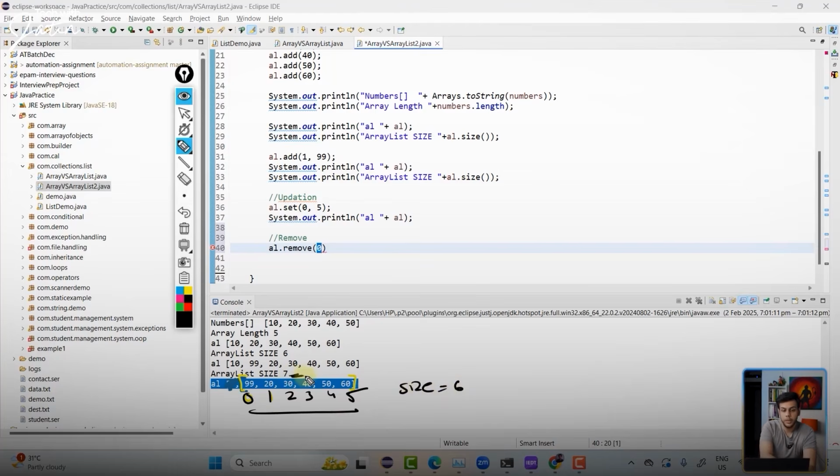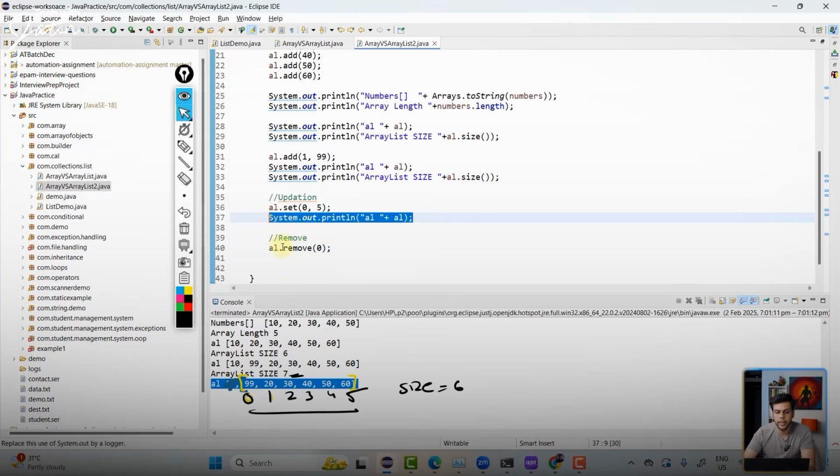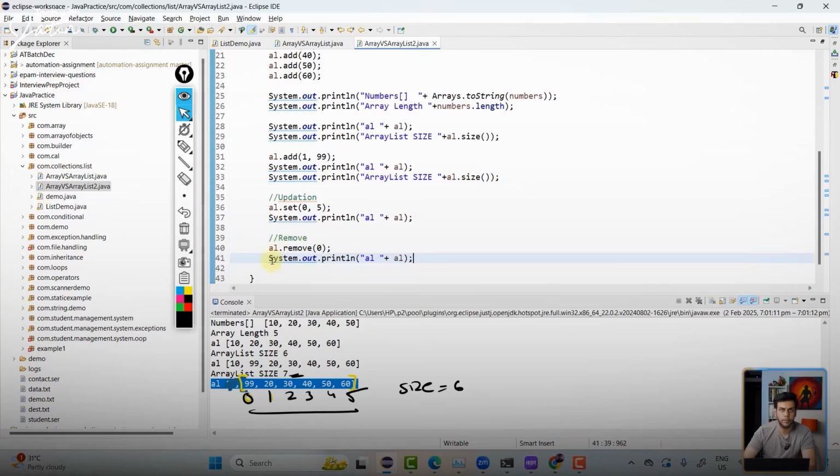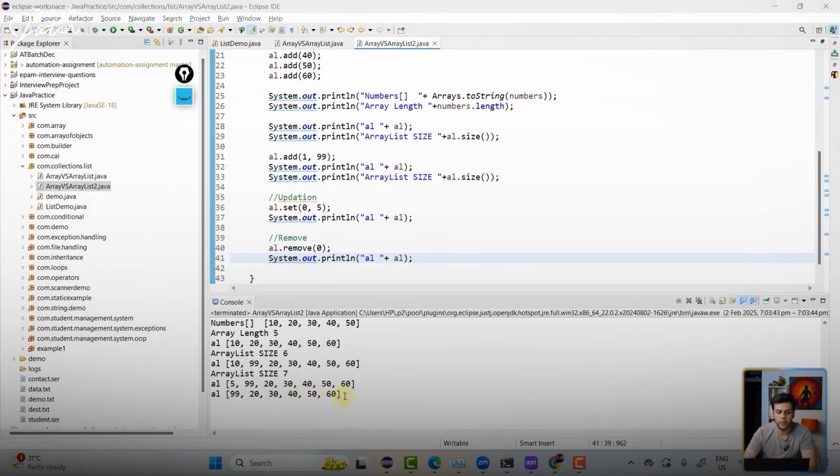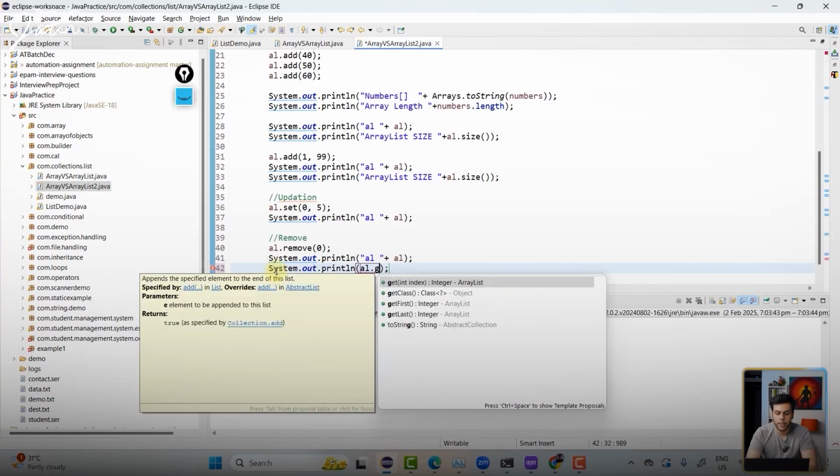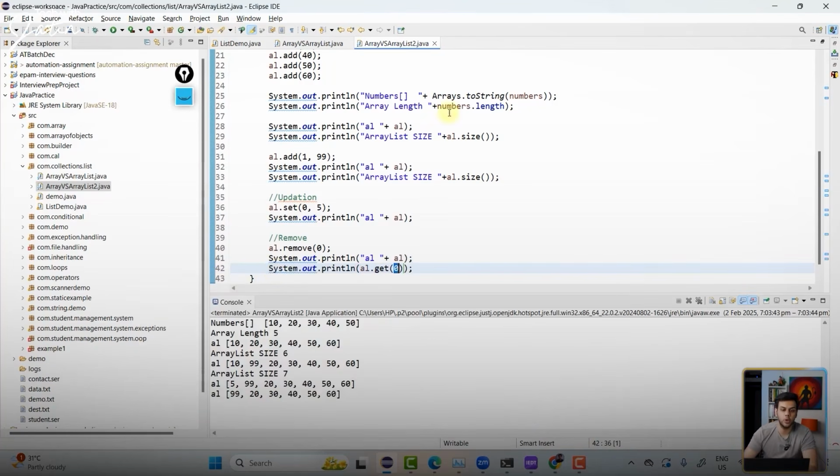Okay. So over here, if I want to remove something, I'm giving the index. All right. And then I will try to print whatever is there inside the array list. Click on the play button. Okay, let's close this particular stuff, and you will see now I have 99 on the 0th index. If you don't trust me, just say something like this: system.out.println al.get me the value which is there on the 0th index, and it is going to print 99 for us. Is this part clear to everyone?